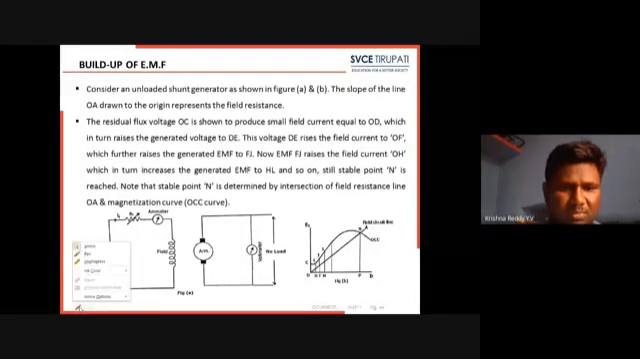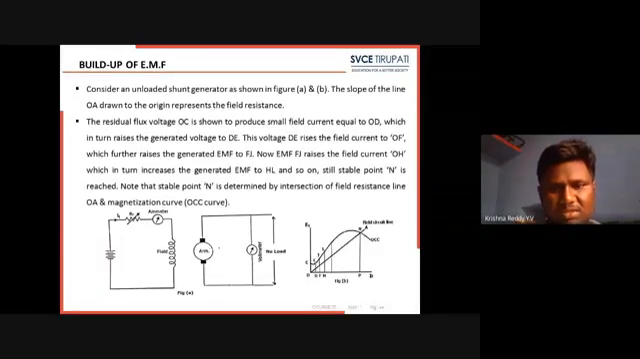Here the armature rotates at a speed of N. Here we are having